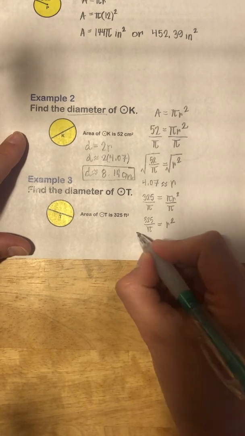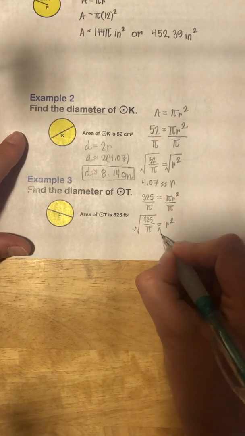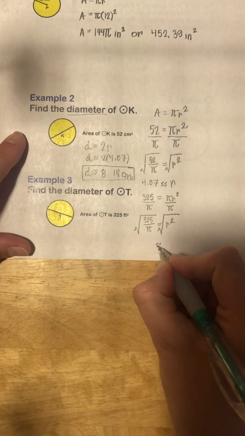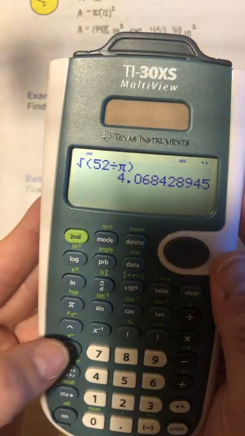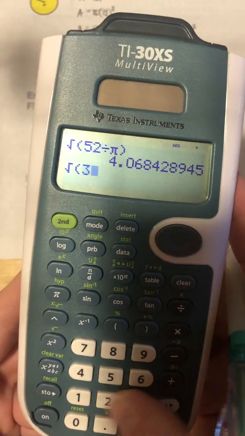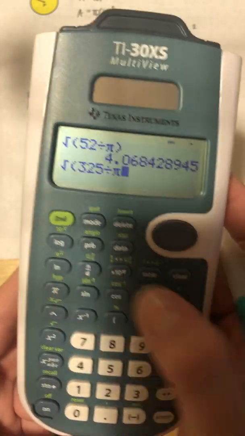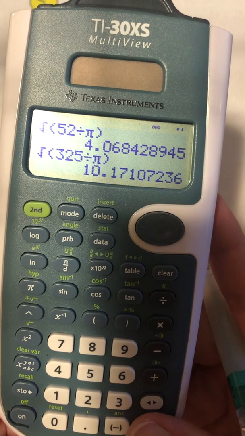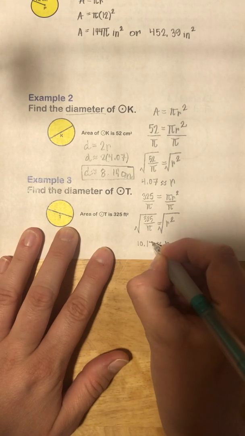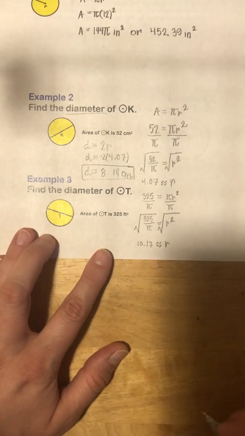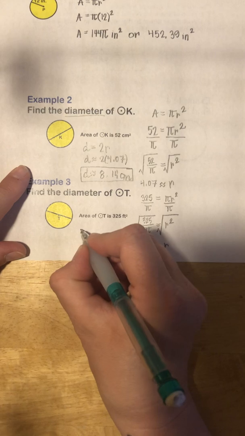Again, we want to get rid of the squared. So we're going to square root and use an approximate sign because that will not come out exact. So square root of 325 over pi. Again, 2 digits behind the decimal point, so we're going to say it's approximately 10.17. And all we have now is the radius, which isn't what we want for a final answer because we